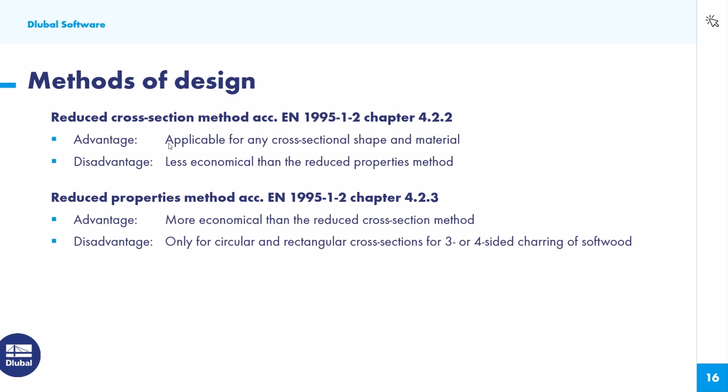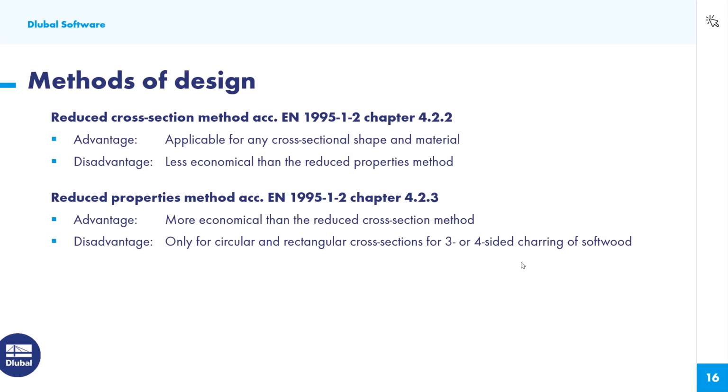So the advantage of the reduced cross-section method is it's applicable for any cross-sectional shape and material. And the disadvantage is this method is a bit less economical than the reduced properties method, which has the advantage, of course, that it's more economical. But it has a disadvantage, of course. It's only valid for circular softwood materials and also only for rectangular cross sections for 3- or 4-sided charring of